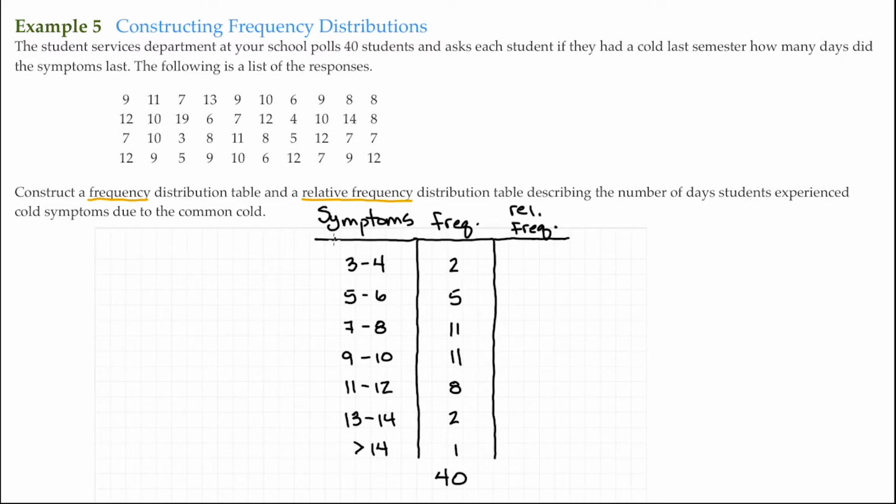So then for those who experience symptoms between 3 and 4 days, that was 2 out of the 40. That's 5%. Those who experience between 5 and 6 days of symptoms, 5 out of the 40, 12.5%. And I do that for each one. 11 out of 40, 27.5%. Another 11 out of 40,